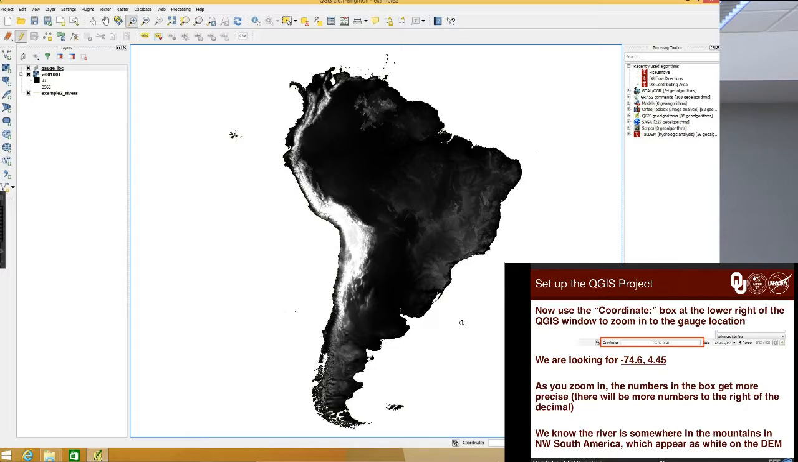So for this gauge location, I've already done the work to tell you that it's located at 74.6 degrees west longitude and 4.45 degrees north latitude. Or in other words, negative 74.6, 4.45. So I'm going to use the coordinate box, I'm going to use my mouse, and I'm going to use the